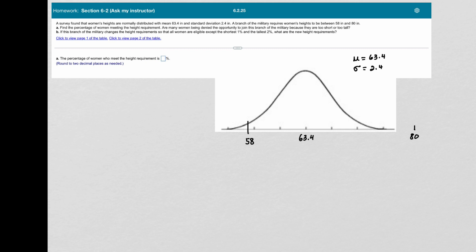So what we want to do is find the percentage of women meeting that height requirement. And we can see that that's going to be most women. This is going to go out towards that 80. And we have a very small percentage in this tail that would not qualify. So how do I calculate that probability? The probability that my value is between